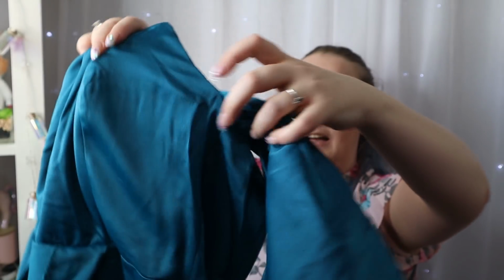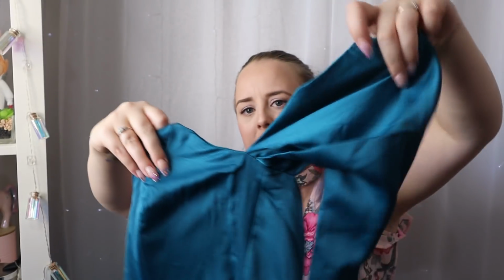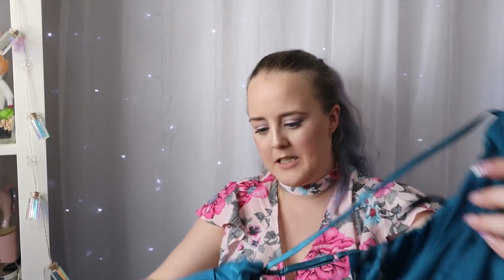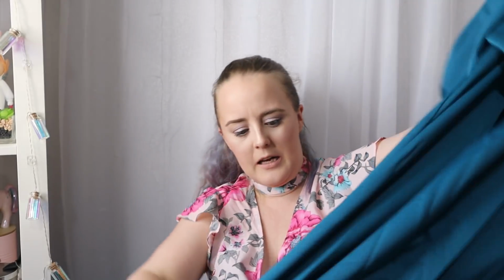It's a bit hard to show you what it looks like, but it's got a basque at the front. It's got a sleeve that's kind of detached at this side, and at this side it has a sleeve that goes over the shoulder, and it is just like a pencil skirt at the bottom. With it being a pencil skirt, I did get it in a 16 and a 14 because